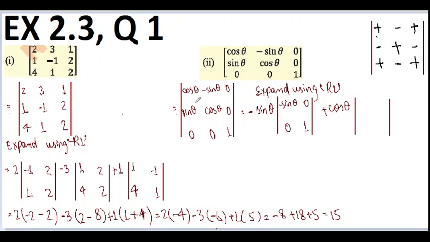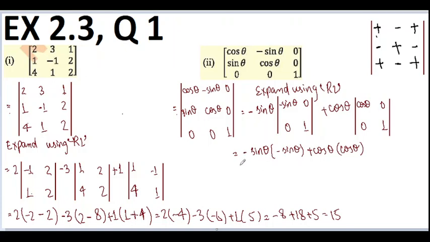Now for cos theta. For cos theta we are going to leave this column and this row, because they contain cos theta. So this column will be removed and this row will be removed. So we are left with cos theta, 0, 0 and 1. So here it is cos theta, 0, 0 and 1. Now we are going to find the determinant of these 2 by 2 order matrices. So when these diagonals are multiplied, they give us minus sine theta, so minus sine theta over here, and then plus cos theta into, when these diagonals are multiplied, we get cos theta.